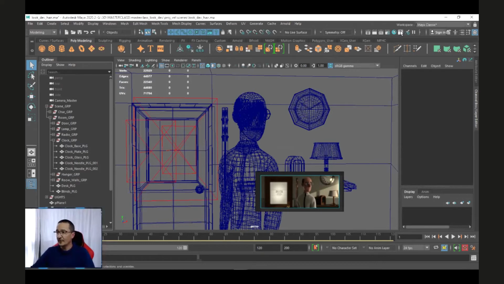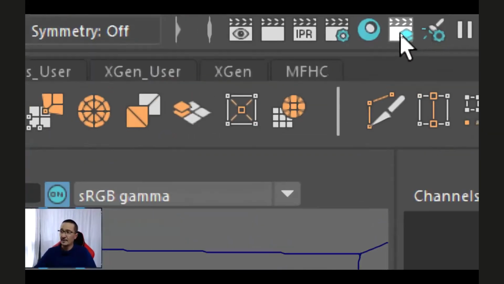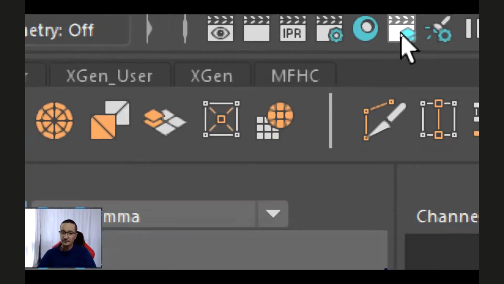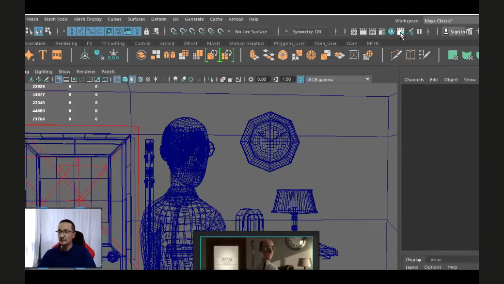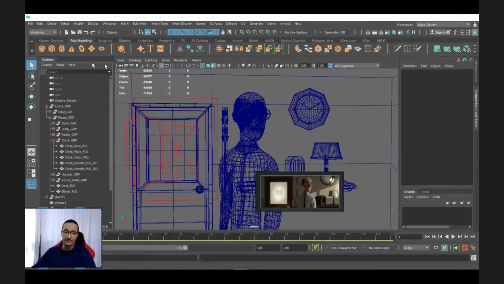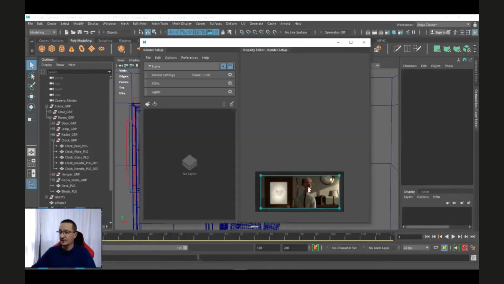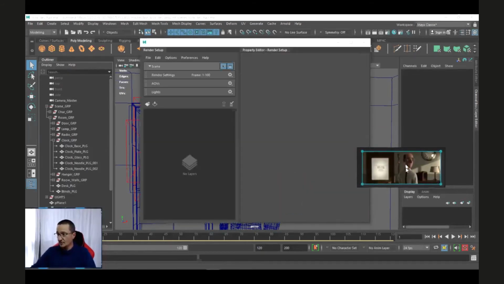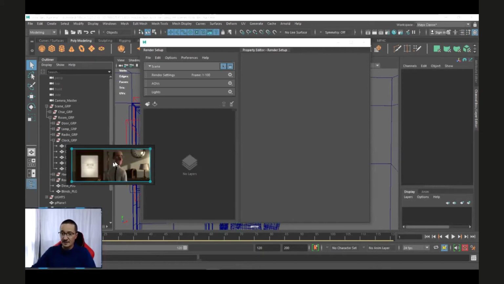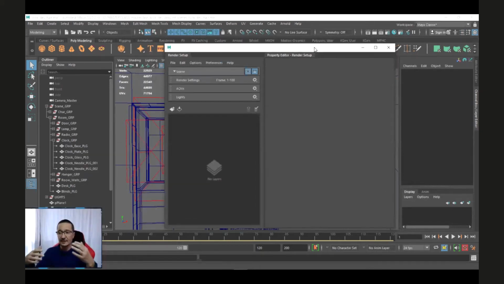The render layer is this small icon up there. You can click on it, and you have this big interface. This interface is about splitting your scene, when you want to have many different parameters in your scene, different each time.